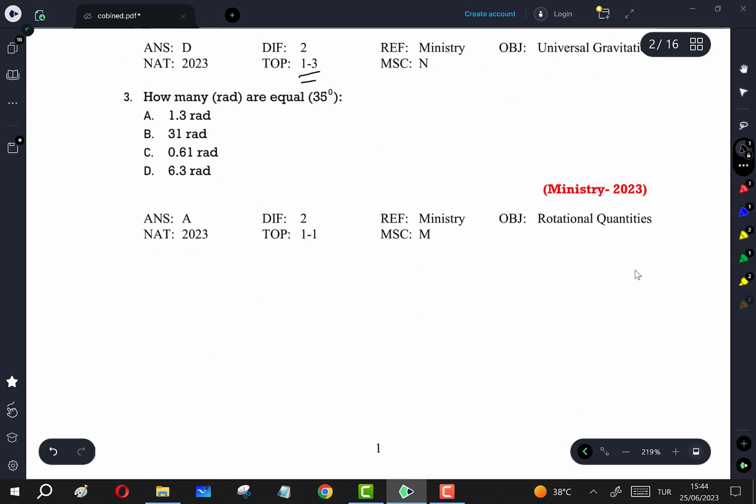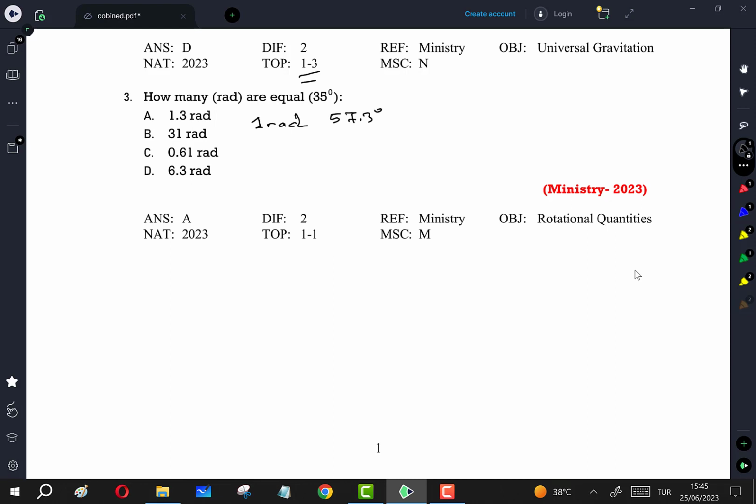Question number 3, modified. Such questions appear in the ministry exams several times. How many radians are equal to 35 degrees? You can go with the definition of the radian, or use the equation in the book. The way you calculate can change, so I will go with the definition of the radian. 1 radian is equal to